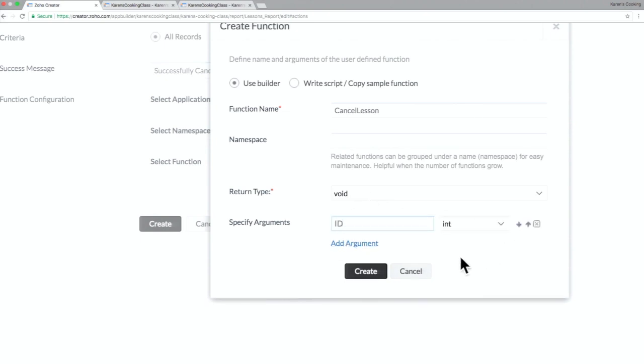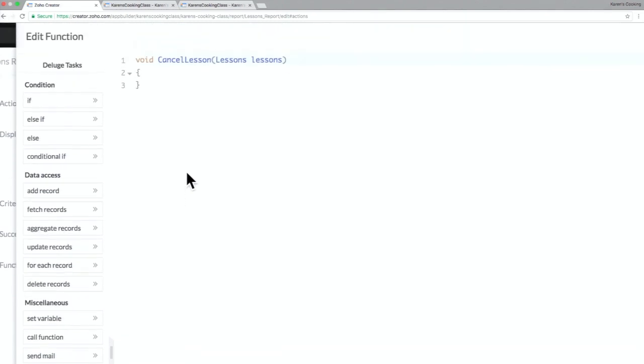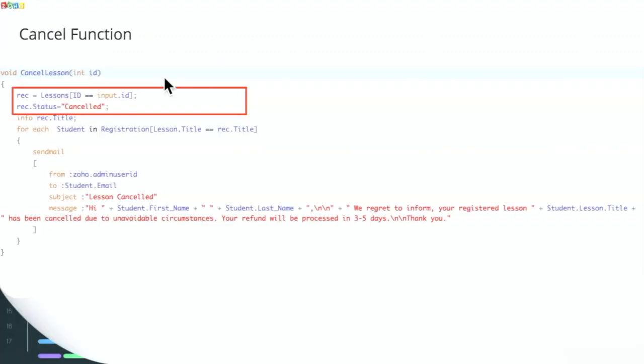And I'm going to pass the ID. The best way to do it is to pass the actual lessons form itself. That really makes sense. People generally pass the ID information for understanding which record is being selected, but in this case we can take the lessons one. Right? So you are given the function option. I'll show the function that I've already built for you. In this case, I've chosen the ID one, so I'm sorry for that.